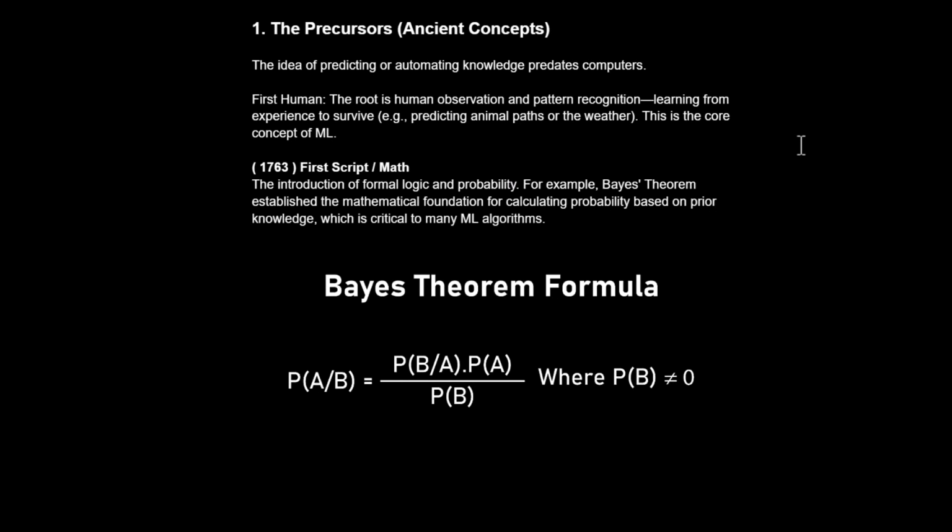And the third part of the formula is the updated guess, the posterior. This is how you change your belief because of the clue. Now you think there's a 95% chance the monster is in the cave. Bayes' theorem is just the math that makes sure you update your guess in the smartest possible way when you get new evidence. And that's how you can explain it to a child.